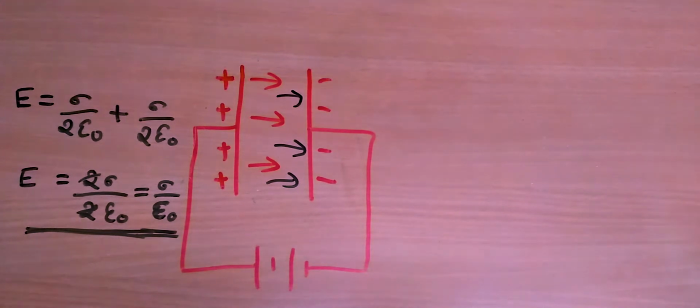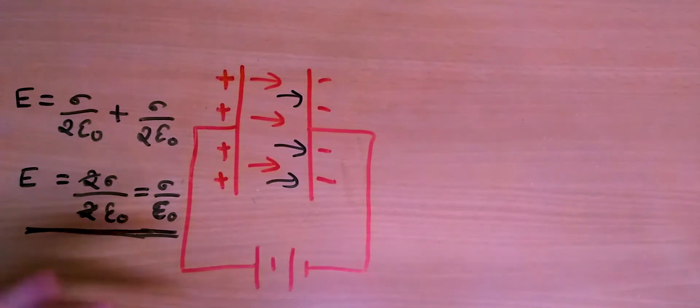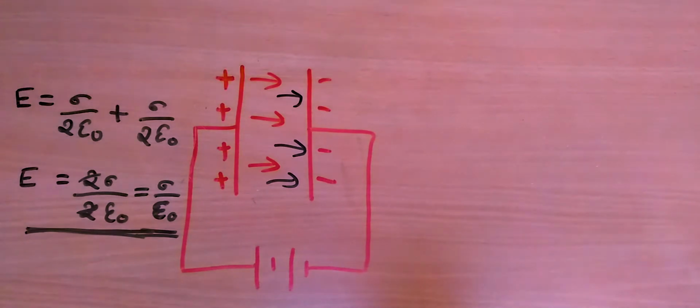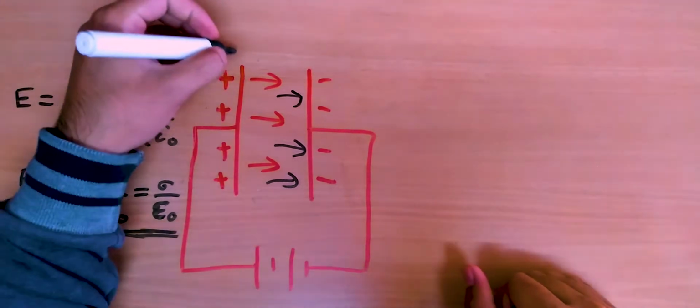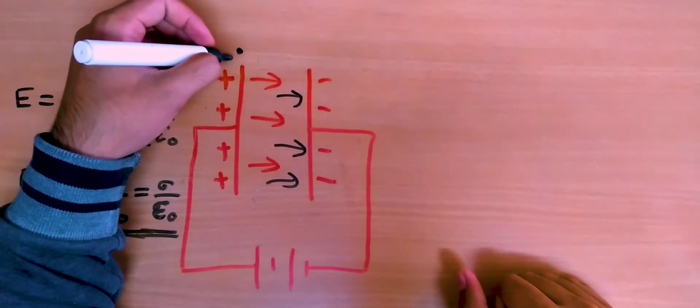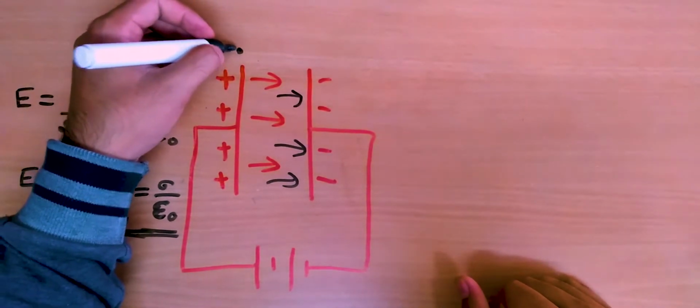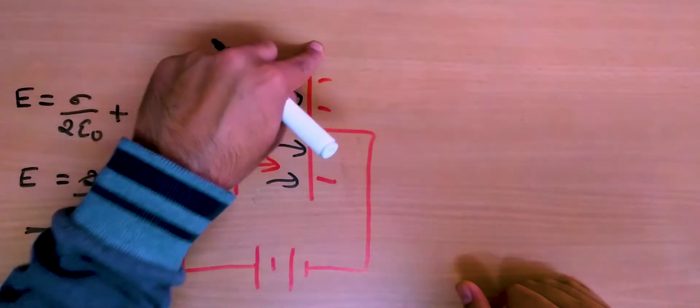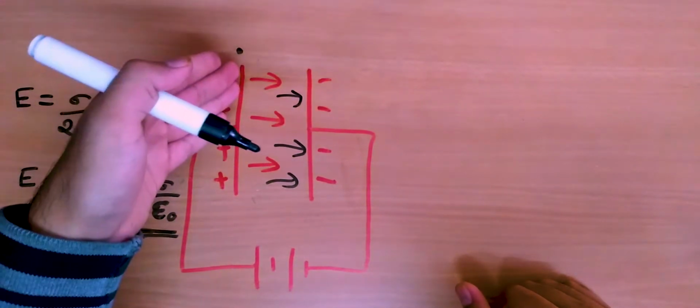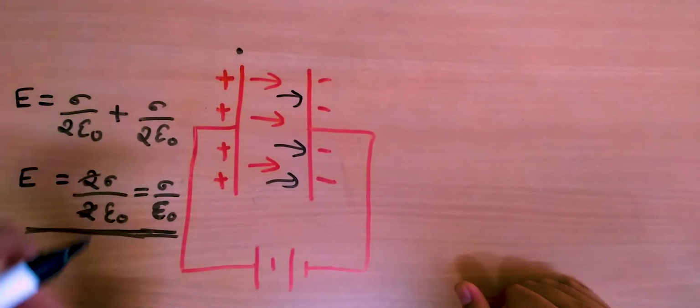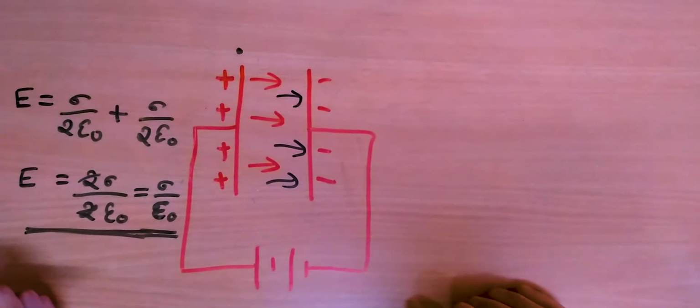Now I hope you remember that if we multiply the electric field with the distance, we get the potential difference. If you don't remember that relation, I'll quickly give you an explanation for that. If I have a small charge Q here, a test charge, and I wish to take it from this end to that end across this potential difference, because there's an electric field here, I need to do some work, right?